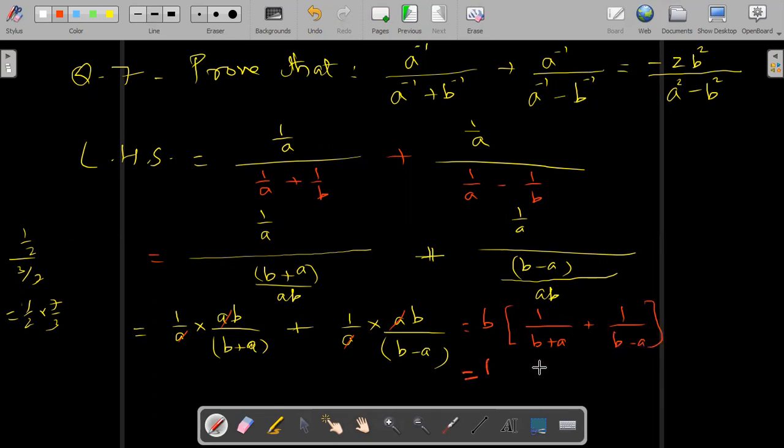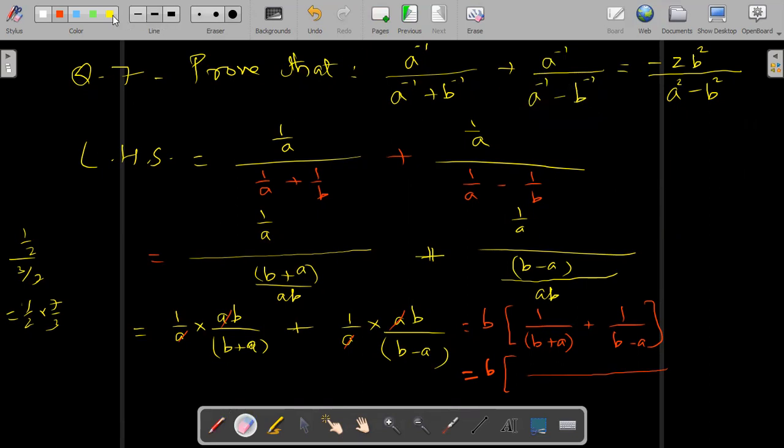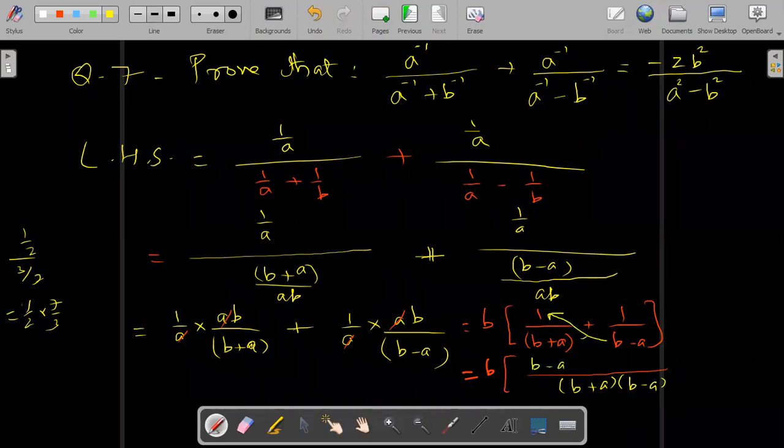Now you can take the LCM, means cross. You say cross multiplication, but it is not cross multiplication. We are doing it crosswise, but this is not called cross multiplication, because only when an equal to sign is there is it called cross multiplication. So this is not a case of cross multiplication, although for your understanding we are using this term. So the denominators will multiply: b plus a into b minus a. This b minus a will multiply with 1, so this will become b minus a. b plus a will multiply with 1, so this will become b plus a.